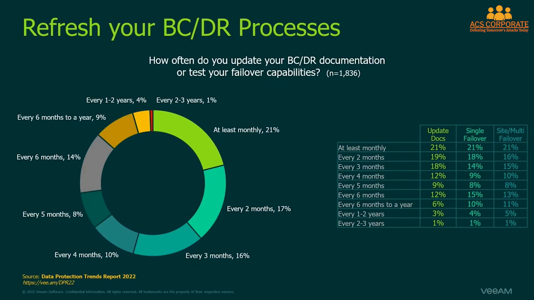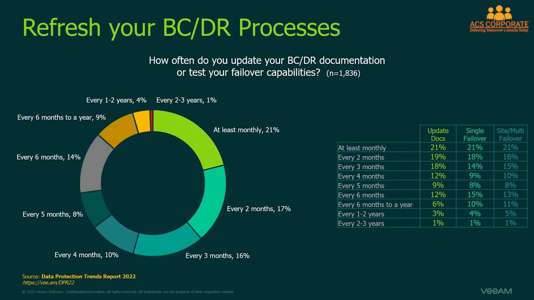On the right-hand side, we asked them three different questions during the survey. How often do you update your documentation? That's the brightest green on the left. Then how often do you test a single workload, which we've already talked about, right? That's that middle column, single failover. And then we asked, how often do you test multiple workloads or a site level failure and recovery? And that's that darkest column on the right. What I noticed when we got the data back was plus or minus a couple percent. I'm going to infer that most organizations are actually doing all of these activities on the same relative cadence, right? There's only a few points of disparity between each of the columns. So we went ahead and averaged it out, and that's the pie chart.